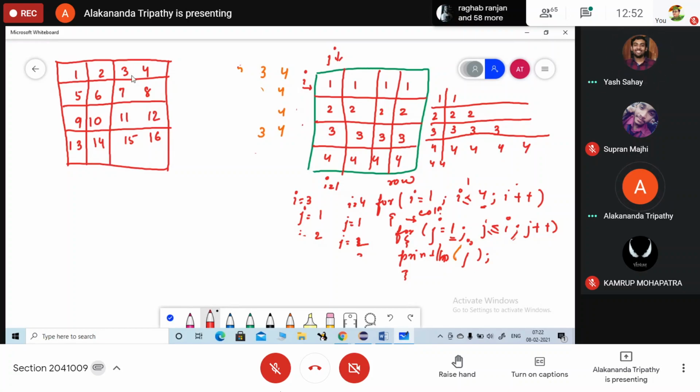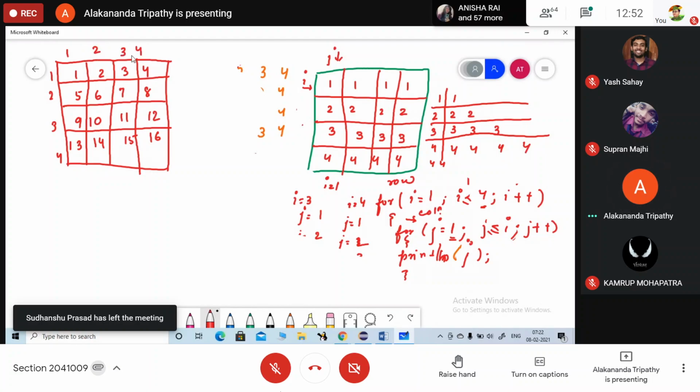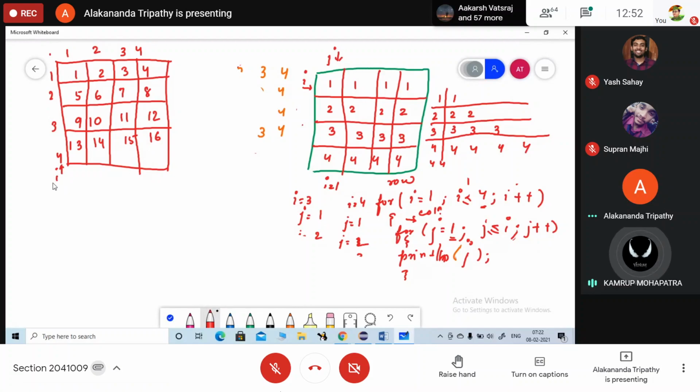Do it. Here the row number is 1, 2, 3, 4, and the column number here is 1, 2, 3, 4. So I represents I plus 4 and J plus 4.